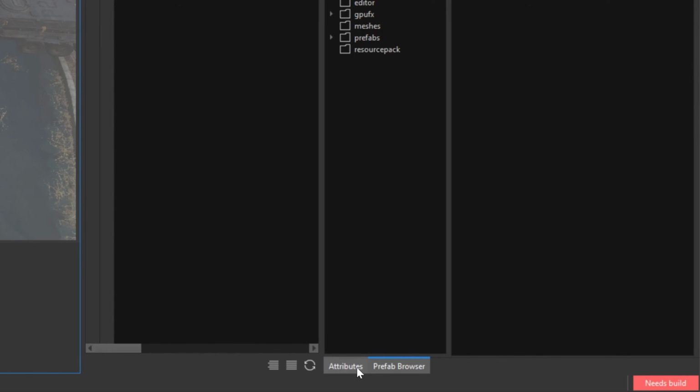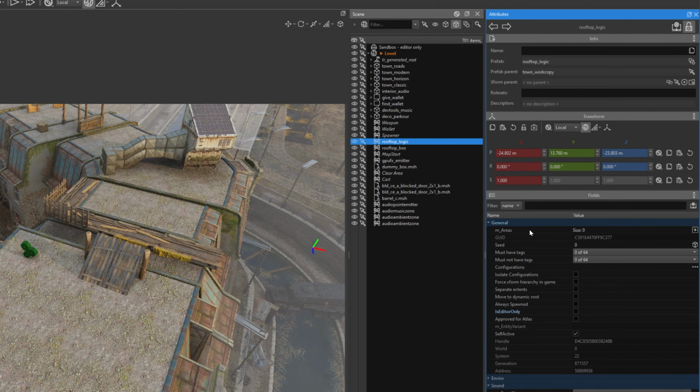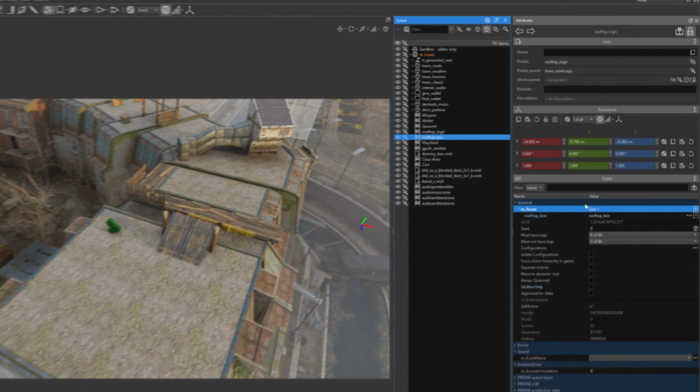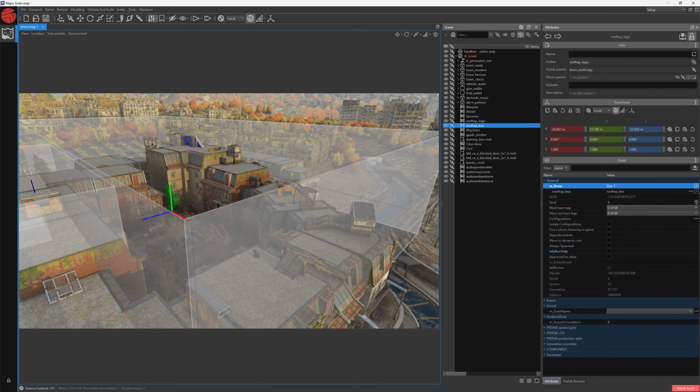Jump to Attributes window. Lock this window by pressing the icon in the upper right corner of the Attributes window. Extend the drop-down slot called General, grab the rooftop box, and drop it in M Areas. As of now, the game will know that this area's music zone will behave like a rooftop, which really just means it will have interactive music playing during parkour.